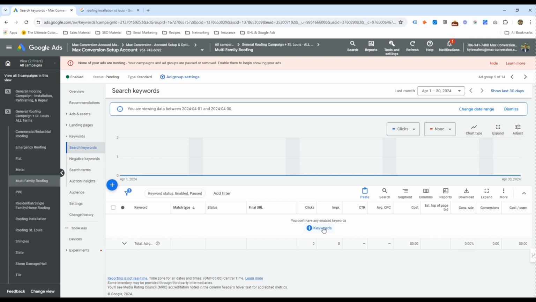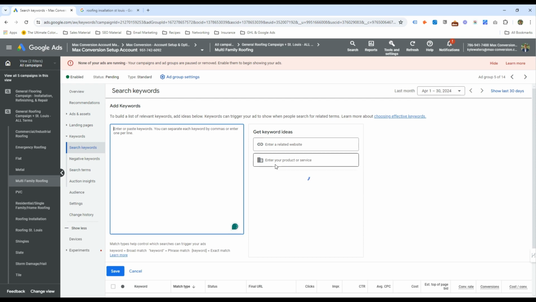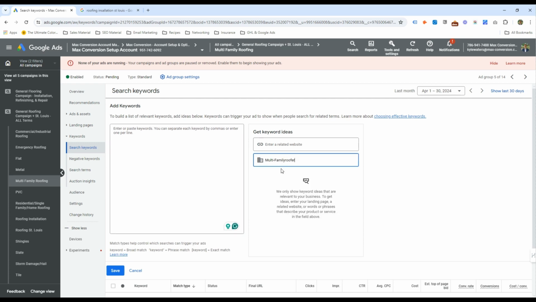So if you guys want to target, like in St. Louis, we've got a few big cities around here. We've got St. Louis, and then we've got different areas that are more highly populated. Nothing quite compared to St. Louis. Everyone's got their main big city. But if you want to target something like Wildwood and Baldwin and St. Charles and O'Fallon and different areas out here, you definitely can create additional ad groups on top of that and target those specific cities. So let's do multifamily roofers,